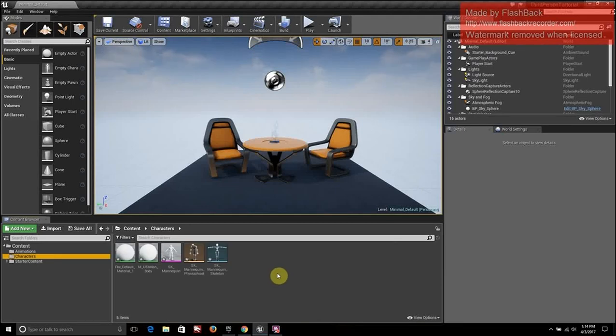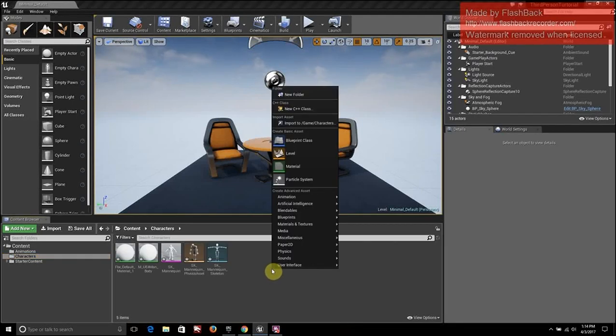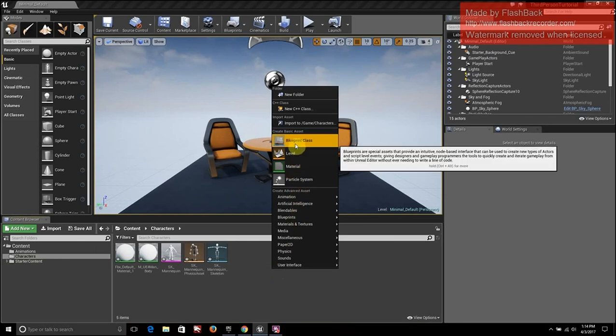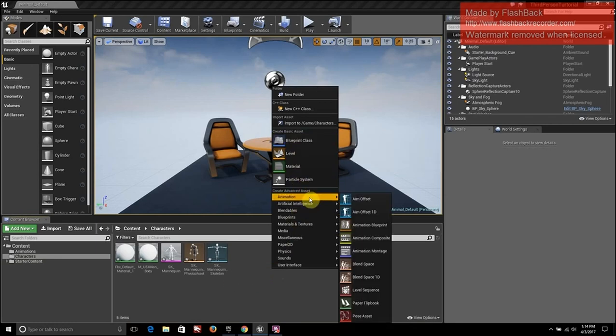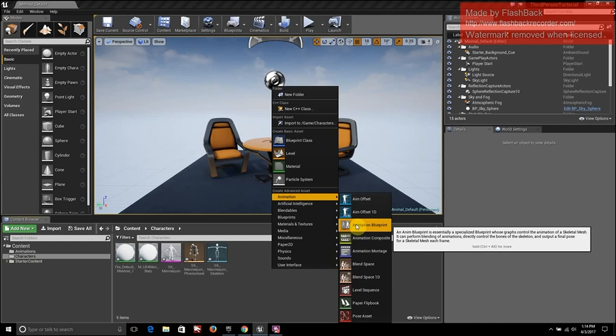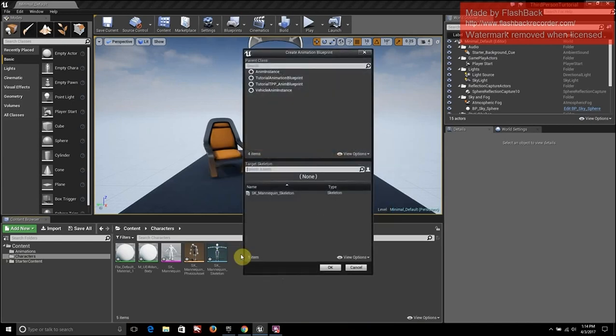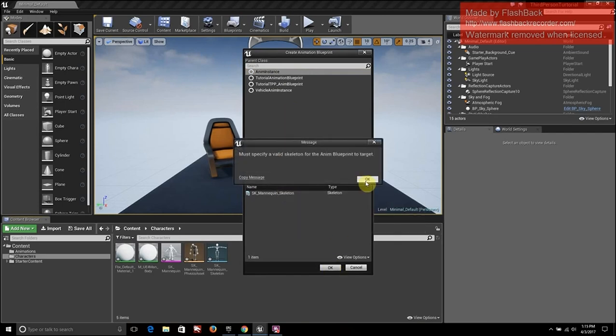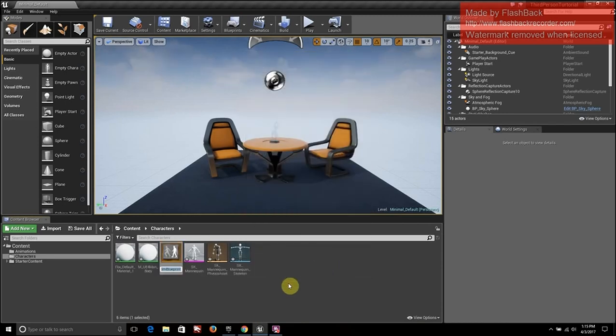We're going to bring our animations together. So we can right click on here. We want to go to animation again, and we want to select animation blueprint. So here we have a couple of things that we can do, like if you want to animate vehicles or tutorials, but we're going to stick with animation instance. So we select animation instance, select our skeleton, hit OK, and we can name this character animation BP